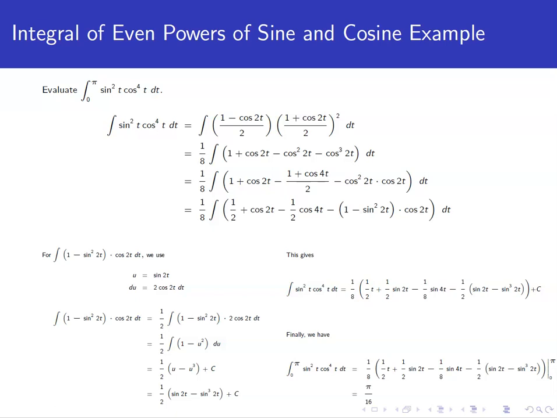In this video, we're going to look at an example of what we have to do if both the powers on sine and cosine are even for a trigonometric integral. So we've got the integral from 0 to pi of sine squared t cosine to the fourth t dt. Unfortunately, we can't peel off one copy of sine or one copy of cosine and convert the rest to sines or cosines